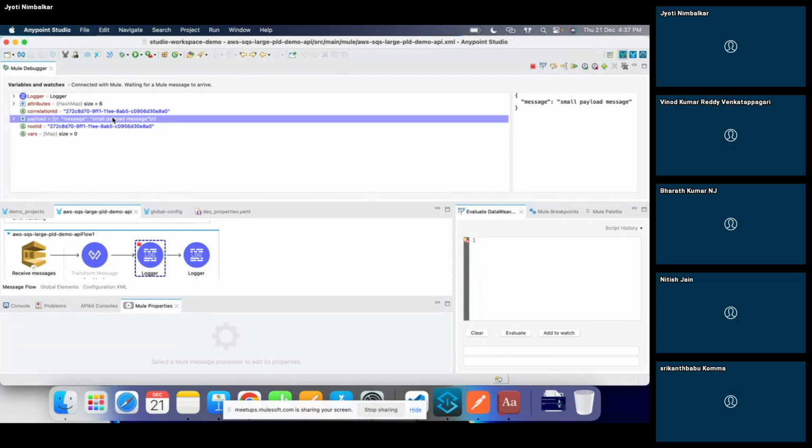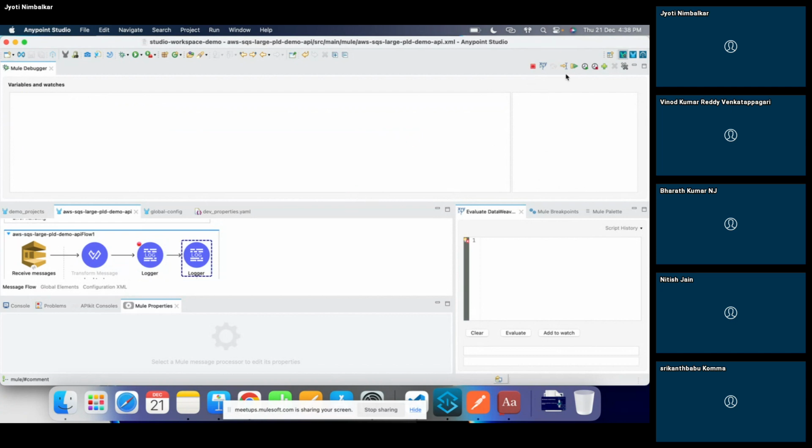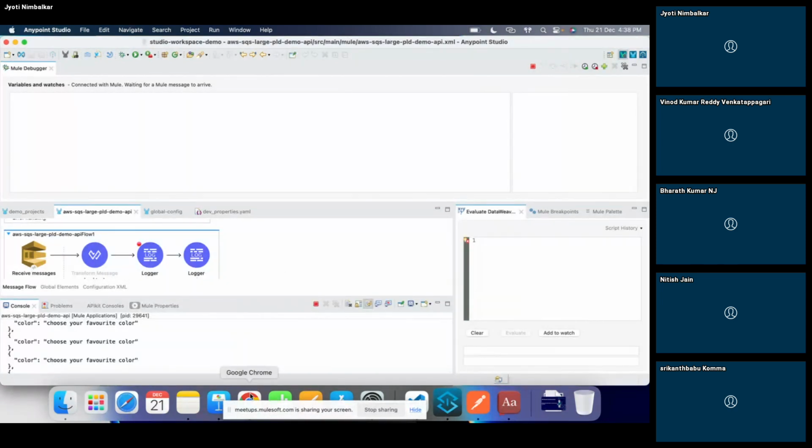Okay, though I have used a standard queue and right now I'm receiving the messages in order, it won't happen all the time. So if we want the messages to be subscribed in the same sequence as we published them, we have to go for FIFO queues. So that was the first message, and as you can see here, this was my second payload. That was the demonstration. Any doubts till now?